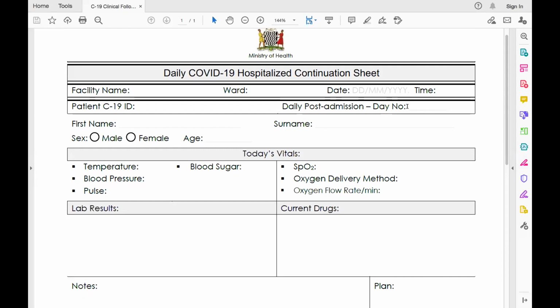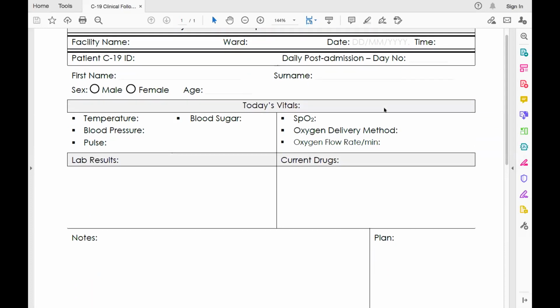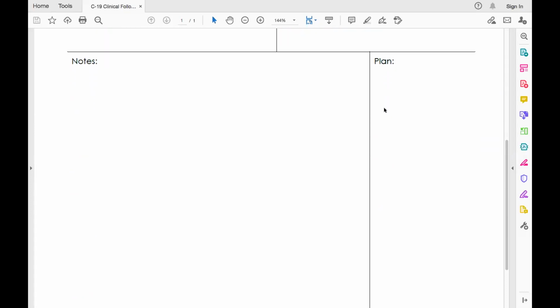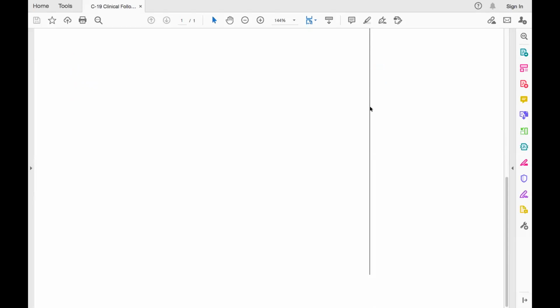Data clerks and data quality officers will help us ensure this happens. So this has been kept very short to allow for clinicians to have enough space for free text writing. Please note that the back of this form is plain. So if you have more to write, it can be moved to that place. There is also a form that has to be filled in for vaccines.